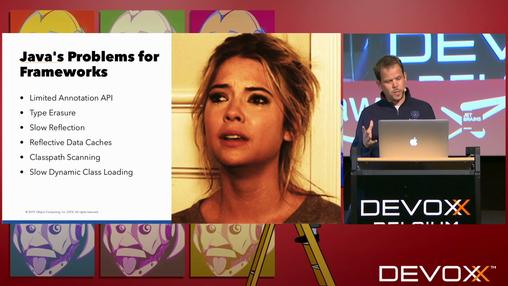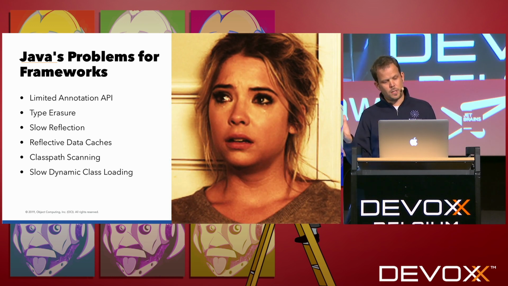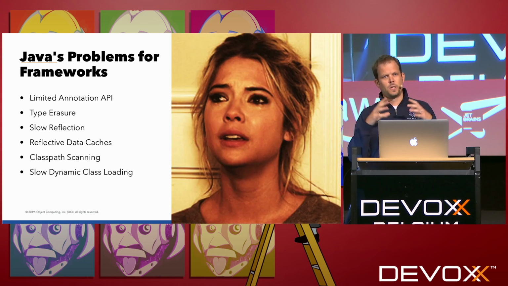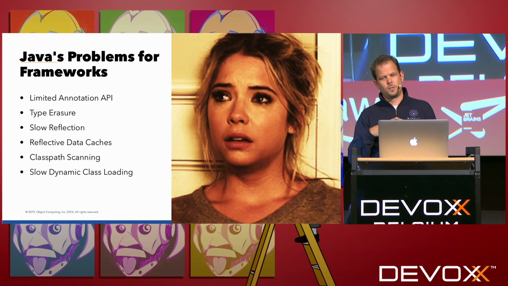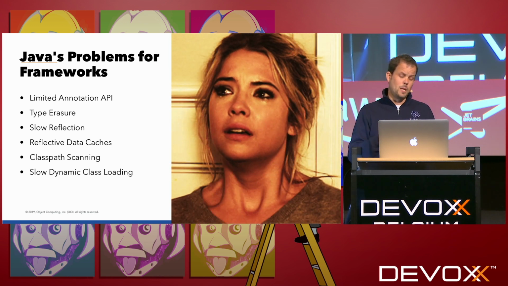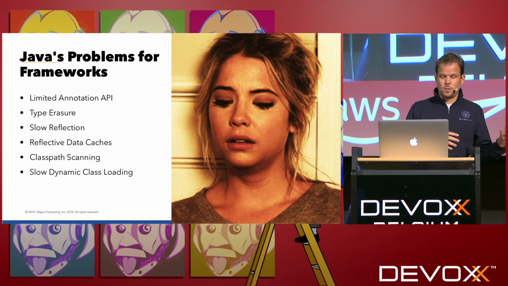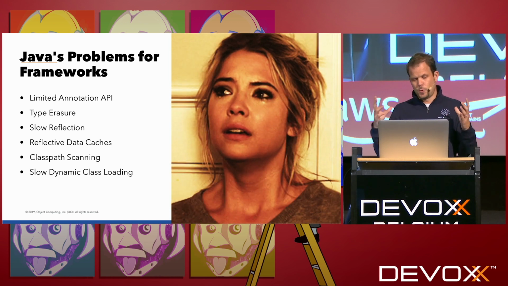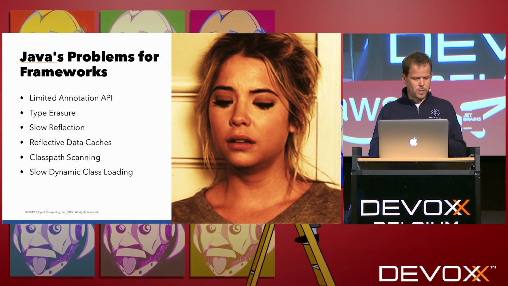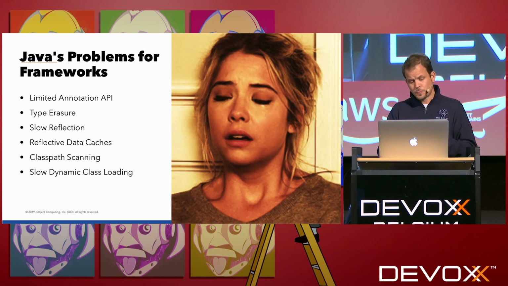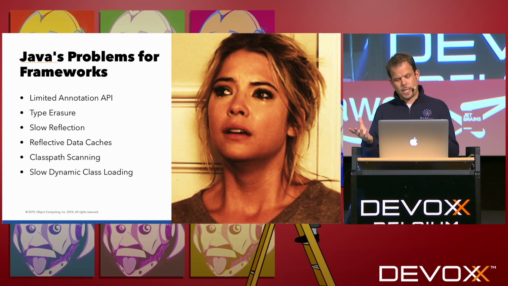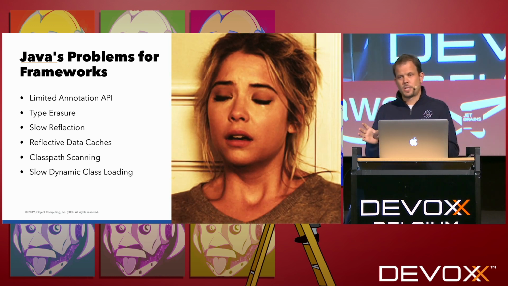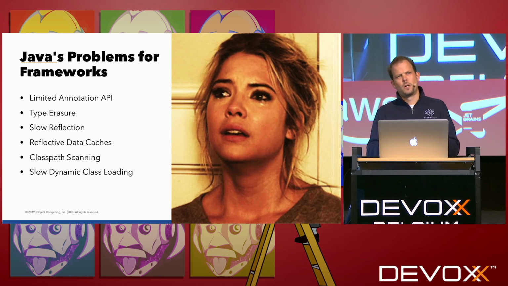Reflection generally being slow has implications. People have written all sorts of complex solutions to solve this problem, using bytecode generation at runtime, trying to do direct method invocation, or using invokedynamic as another path you can go down. And then the fact that reflection is relatively slow to retrieve and relatively slow to execute,